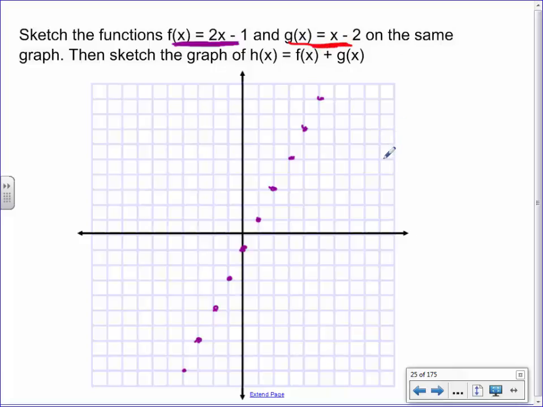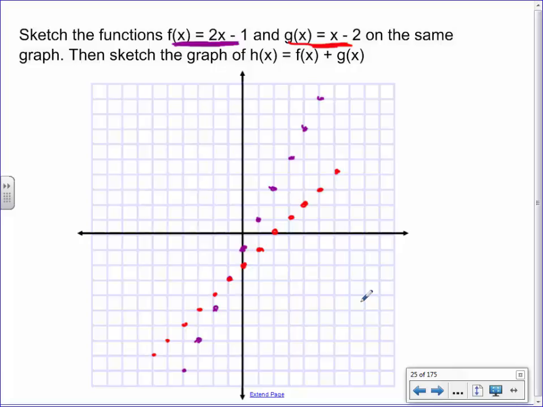x minus 2. Slope of the graph is 1. Y-intercept is negative 2. So here's negative 2. A slope of 1 means you're just going up 1 always. Sense? Okay. Well, when I ask you for f of x plus g of x, what I'm really asking you